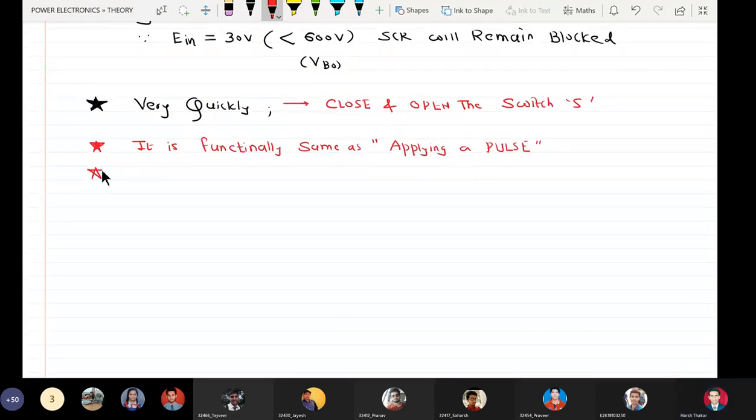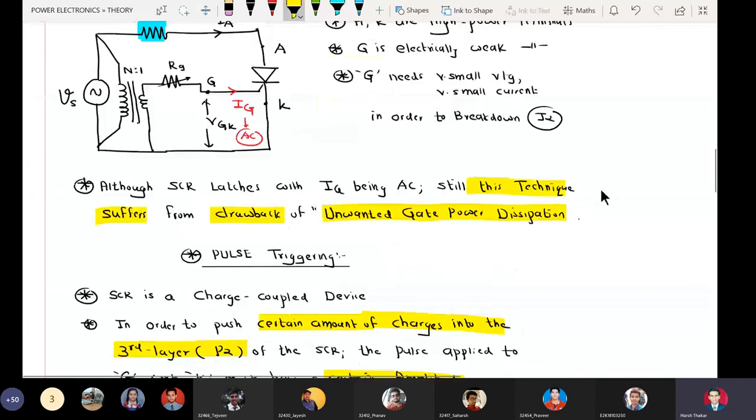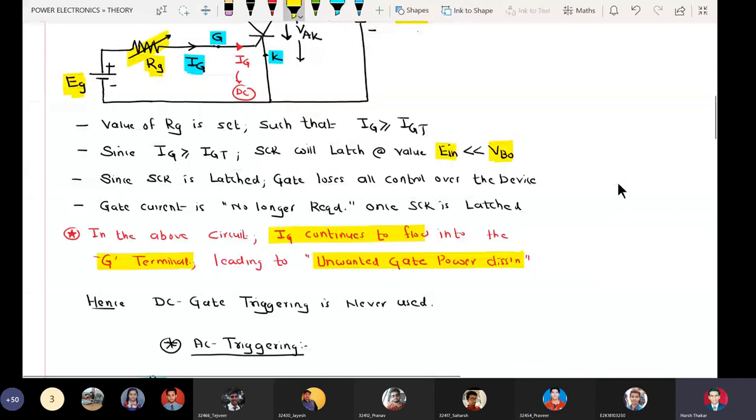And the SCR is seen to get latched. Wait for your lab turn to come and remind me to give a demonstration of pulse triggering in the very circuit in which we are using DC triggering, that is here.